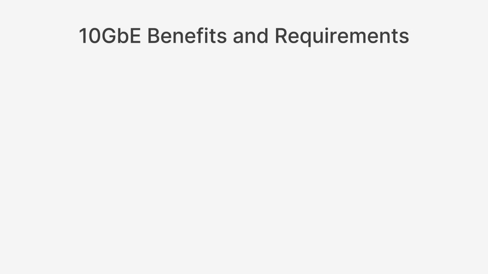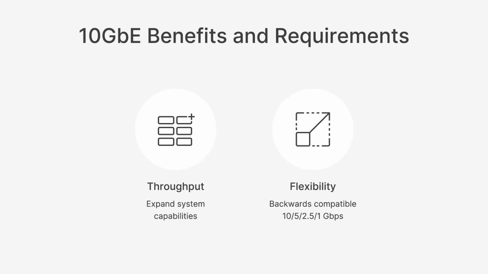Now, the obvious benefit of a 10 gig card is increasing the throughput of that NAS. But keep in mind that your switch will also need to support 10 gig, and your other devices will need to have faster connections, or you'll be able to support, for example, 10 1 gigabit workstations connecting to that NAS and getting maximum throughput. The other thing to consider is devices where maybe you don't have 10 gig, but you have like a 2.5 gig switch, or you're using a Synology router with a 2.5 gig port. The 10 gig card will allow you to take advantage of that as well, as it is backwards compatible to smaller speeds.